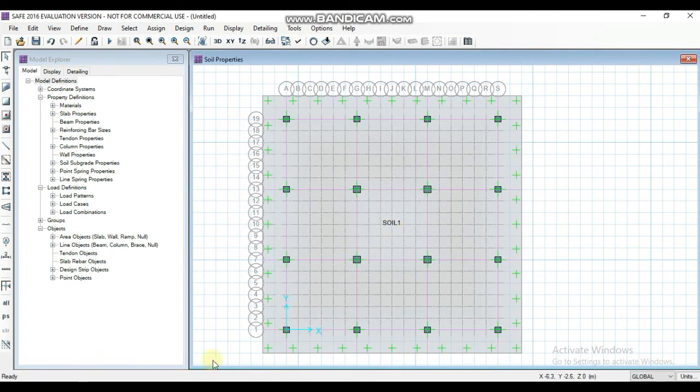Now select the column center point. As you can see, the point 1 is mentioned on the left bottom.